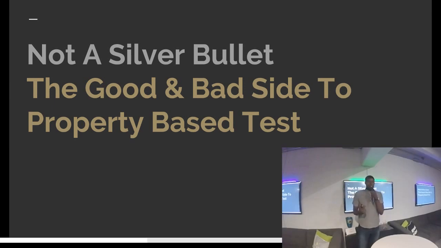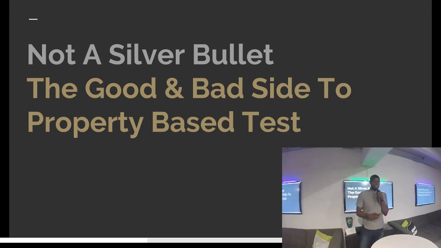Of course, property-based testing isn't a silver bullet. Just because you're generating hundreds of tests from random data doesn't mean you're going to find every single case. Some of the bad is that since it's random, you still might end up missing some cases due to a certain endpoint not being generated at the beginning of your testing. It can also be really difficult in certain situations to come up with these properties for your functions. Sometimes the shoe just doesn't fit and then you'll have to test your code in a different way.